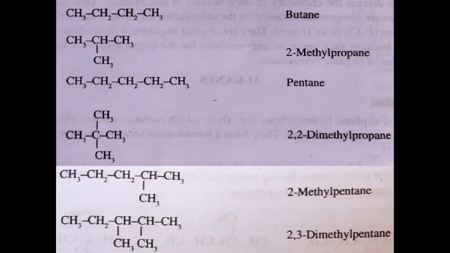1 2, second carbon atom, 2 methyl groups are there. Fourth carbon atom, an ethyl group is there, so we have to first mention the ethyl. Okay, so this is 4-ethyl-2,2-dimethyl heptane. 1 2 3 4 5 6 7, 7 means heptane.